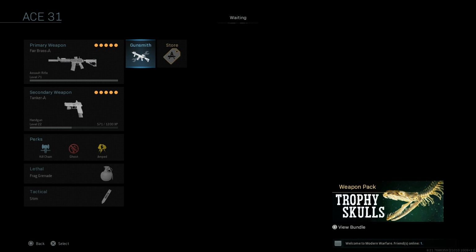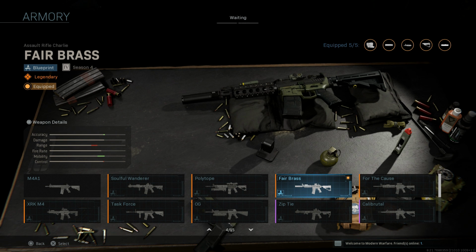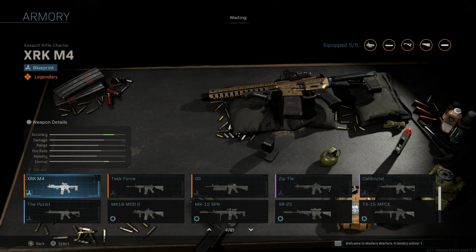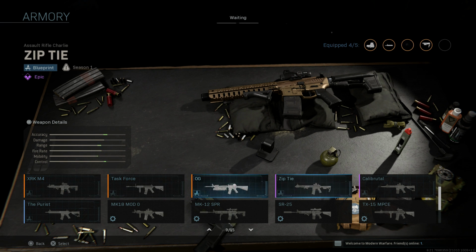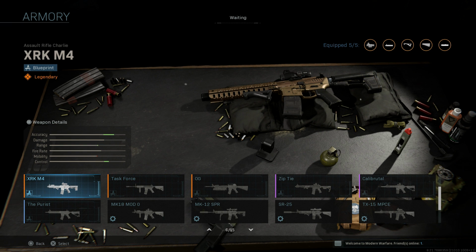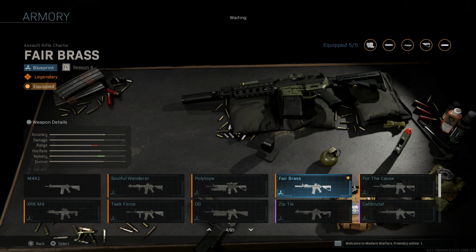And a lot of these other blueprints, if I just go to the armory quick, you can see the Fair Brass, right? And then what I'll do is look at that receiver area, and then we'll go to the XRK. You can see it's that same receiver. We see it with a lot of the blueprints for the M4. I think it's even on the zip tie as well. So basically the same pistol grip, same magazine, and the same upper and lower receiver for a lot of these,